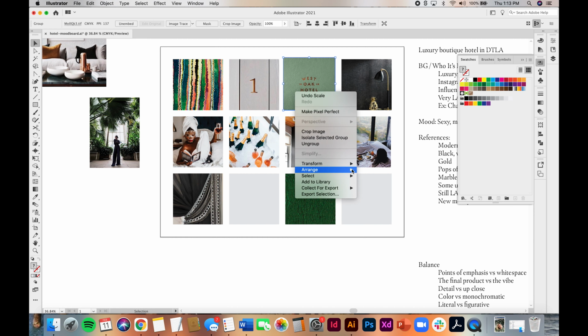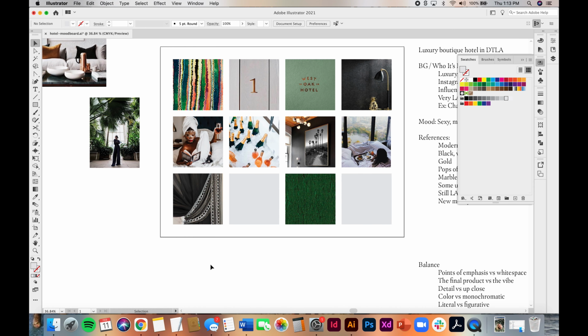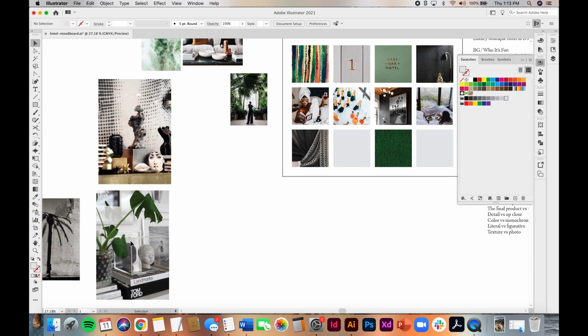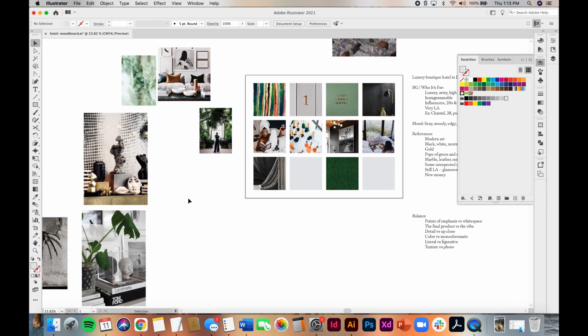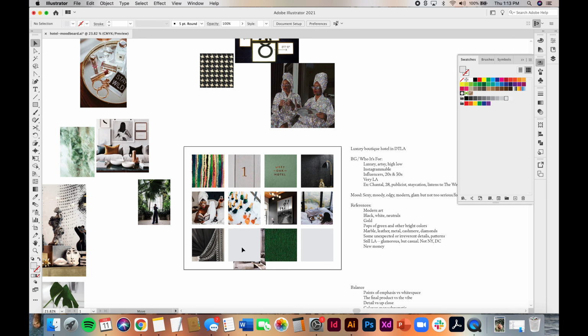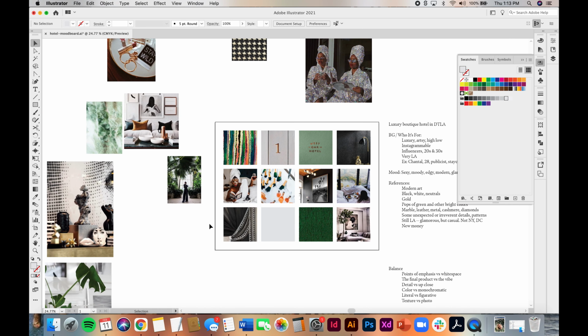Pull it back. Clipping mask. All right, let's do two more just to fill this in. So we need maybe another interior shot. I do like, let's see, this is probably one of my favorites, but I don't want it to be too gray next to that gray. So we'll put it here. There we go. So we've got that art, that interior moodiness. Maybe one more,